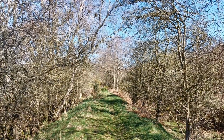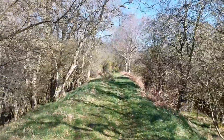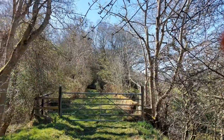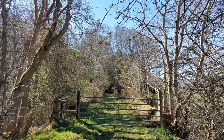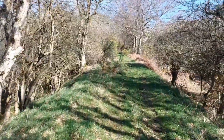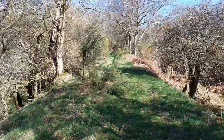The line this way, which we're going to head, is heading back towards Alnwick and Leamington Hall, which is where I started to walk. So that way you can go a little bit further along, but there's quite a few fallen trees and I need to get back, so won't be pursuing that today. But you can get through the gate, just a little bit of rope over the top of the gate to keep it shut. We're now heading towards Alnwick,